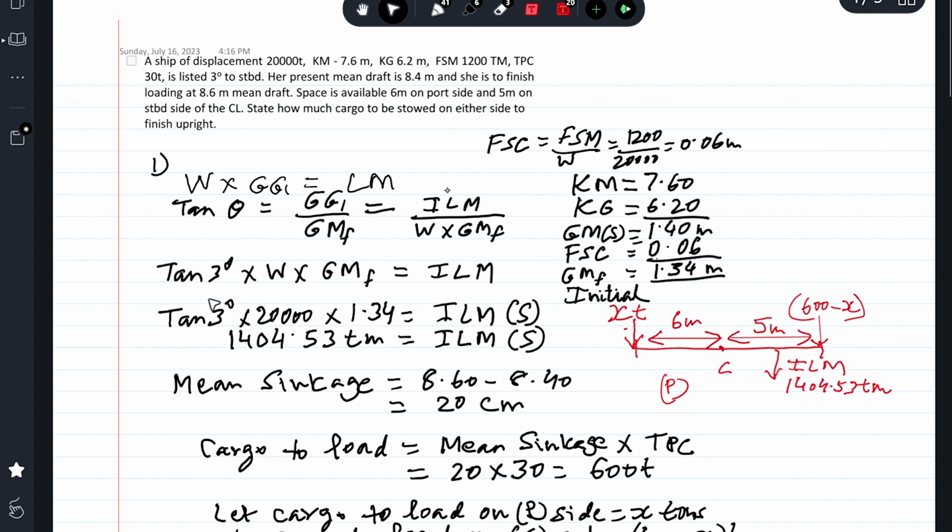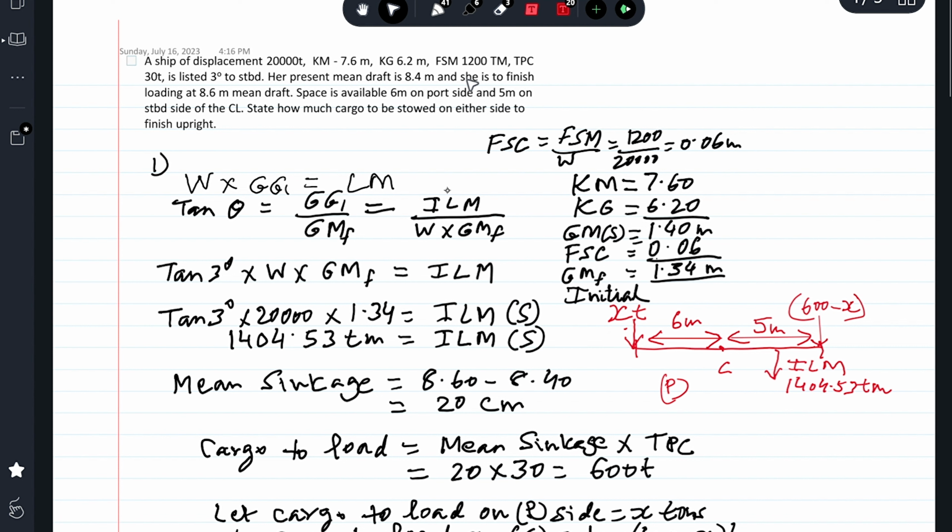So tan of 3 degrees multiplied by displacement W multiplied by GM fluid gives me the initial listing moment, okay, from this formula. So I just cross multiply: tan theta into W into GM fluid gives me the initial listing moment, which is to starboard. So I know theta, which is 3 degrees given in the question. Displacement, initial displacement is 20,000, and